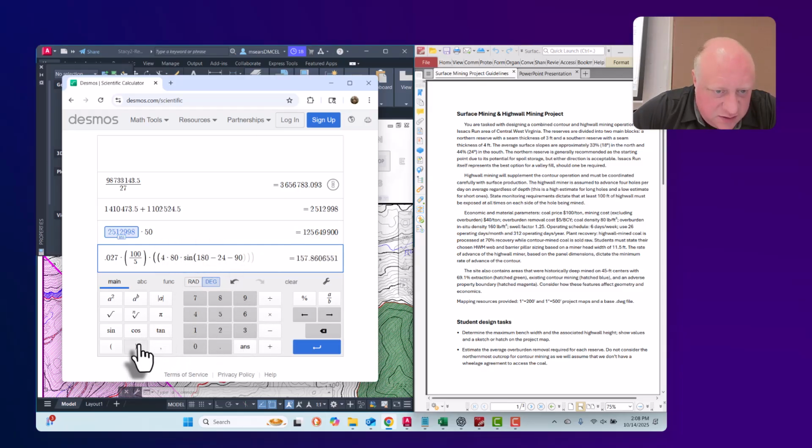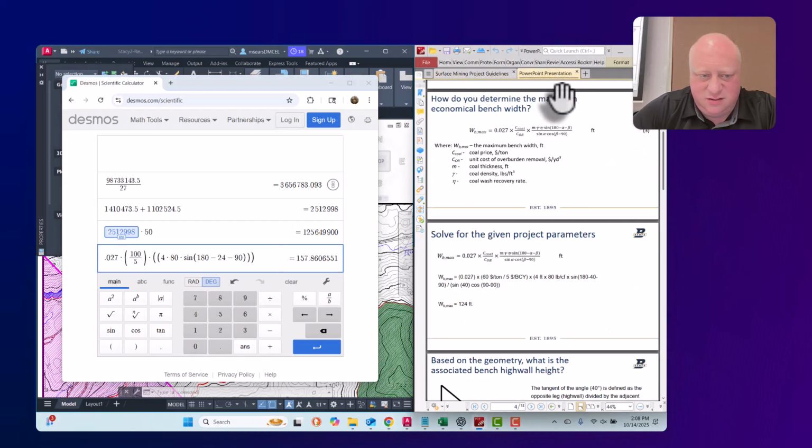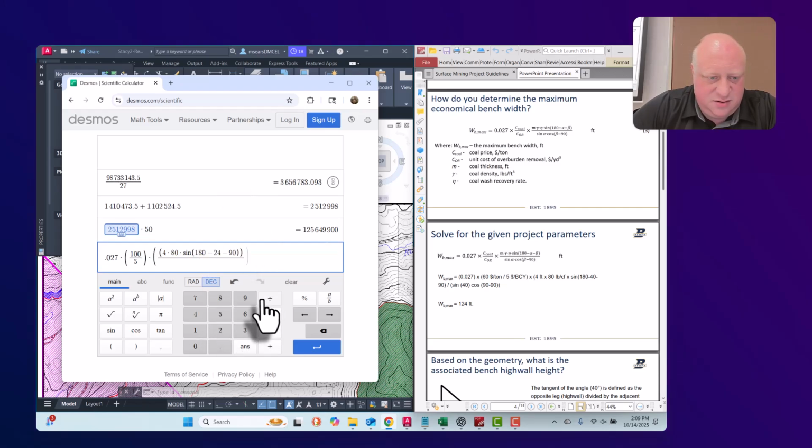Then we need to close those parentheses. Actually, I won't close that one yet because we're going to divide by